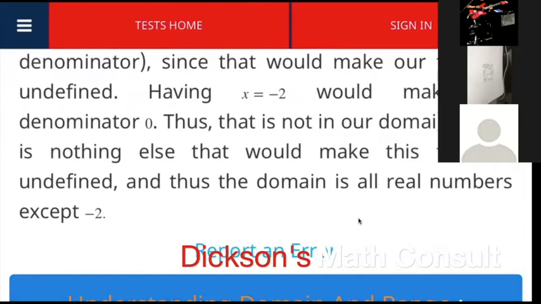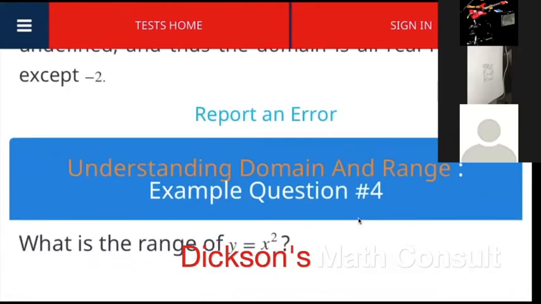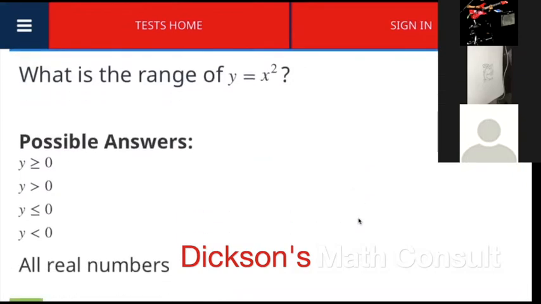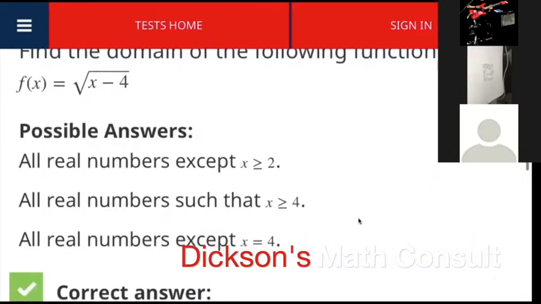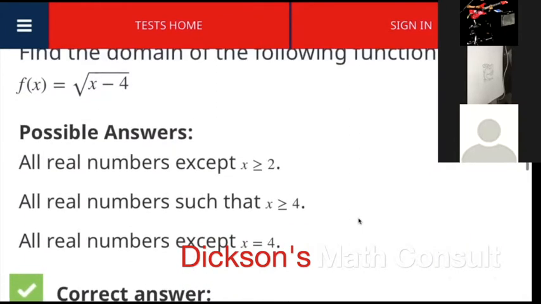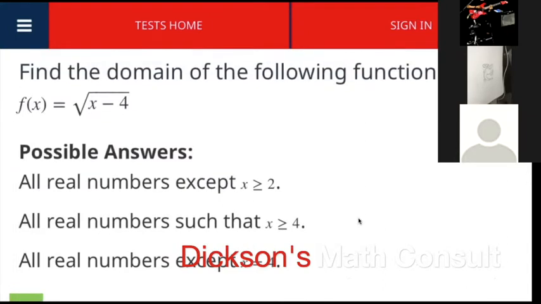Except -2. Good. Now in this one, I would skip this and then I'll use this one. Now, another thing you have to take note, aside from avoiding your denominators to be 0, the next thing you have to avoid